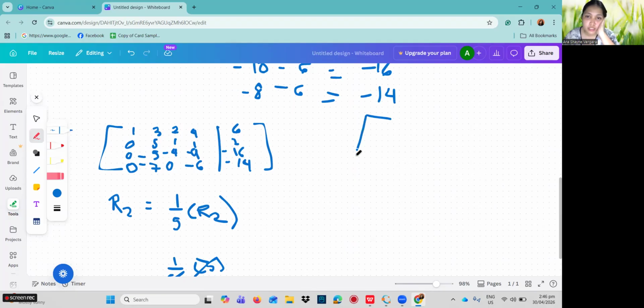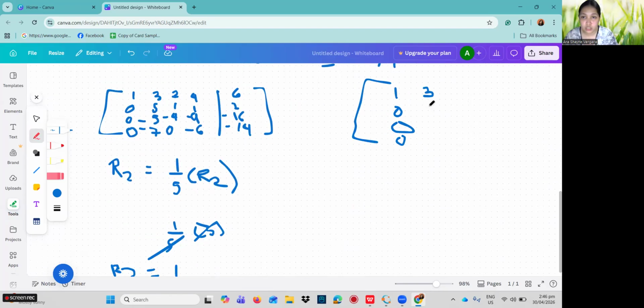So we will not be computing this one since the R2 entry is 0. If you multiply it, it will be just 0. So we'll now proceed with the others. So 1, 0, 0, and 0, and 3, and then the 1, and 5, 7.